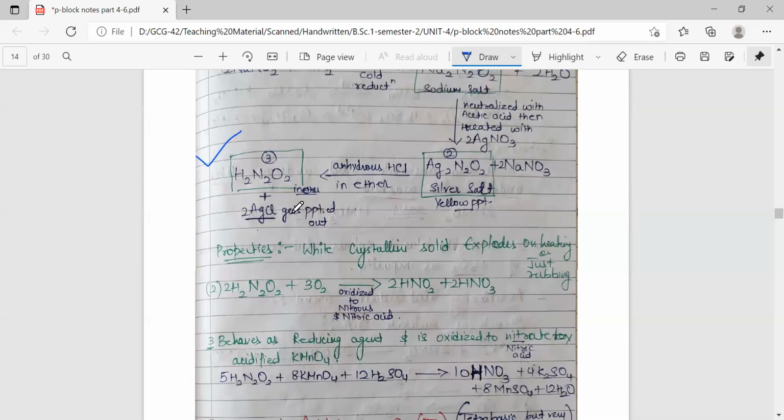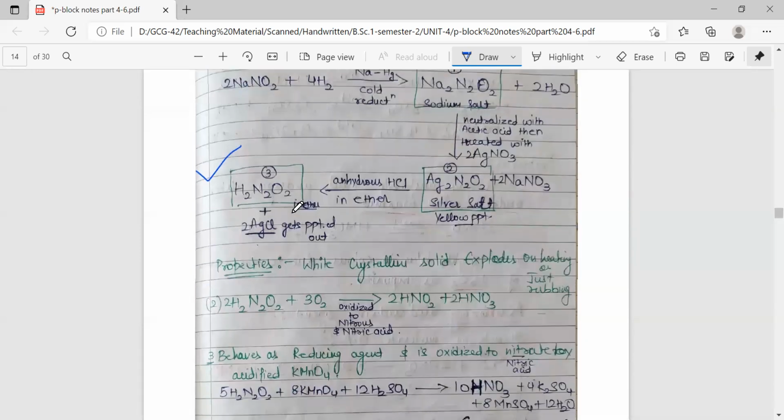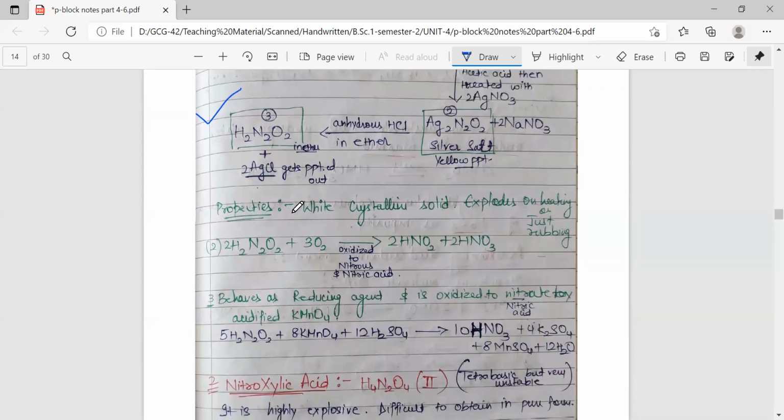So this hyponitrous acid is very prone to oxidation. Here nitrogen is in +1 oxidation state, so nitrogen tends to increase its oxidation state, so it tends to get oxidized by reacting with oxygen to the corresponding nitrous acid and nitric acid. It behaves as a reducing agent because it has a tendency to get oxidized